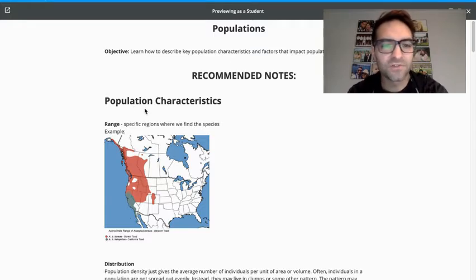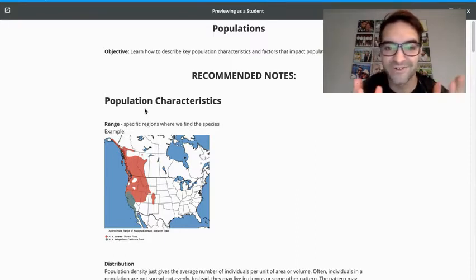So first, focusing on the characteristics of a population and how we describe a population. And again, just with what is a population, we're really talking about a species. So organisms that are all the same, like humans, for example, or you know, Pacific Northwest finches or something like that. Okay, so any species, but a specific species, and then we have ways that we can look at that species